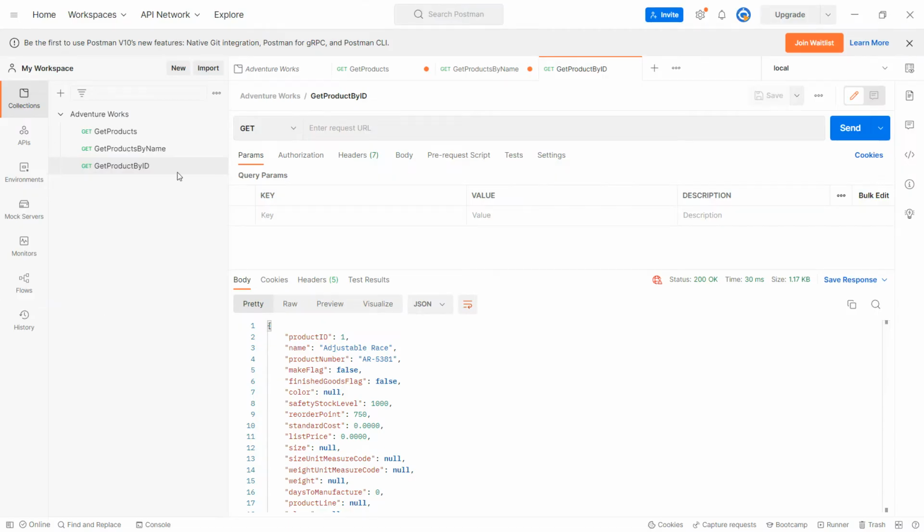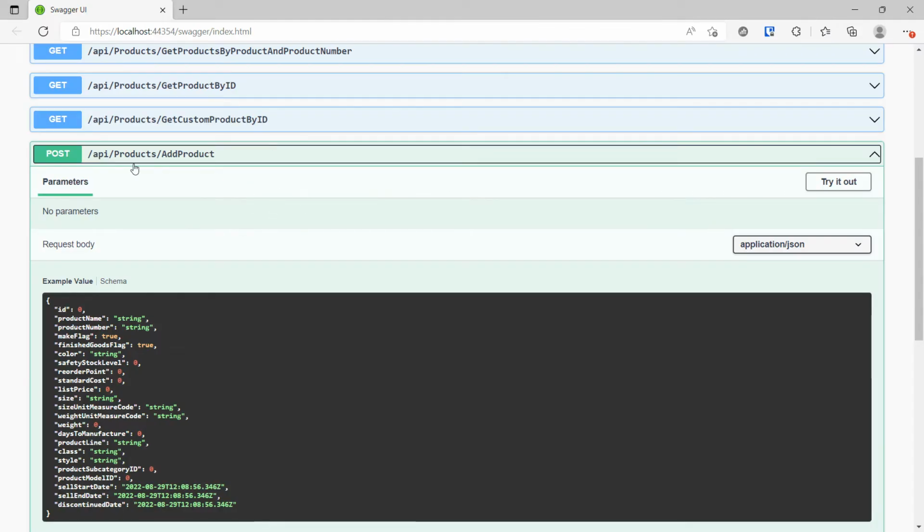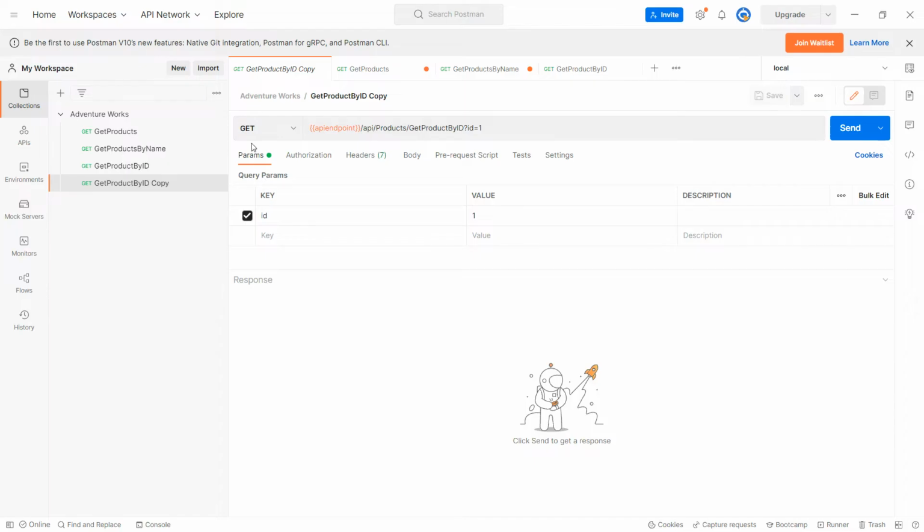So what I will do is I can actually clone a request. If I want to do a clone, I can do this. So this will make a copy of the request, and I'm going to change the URL to be API products add product. So API products is already there. I'm going to change this to